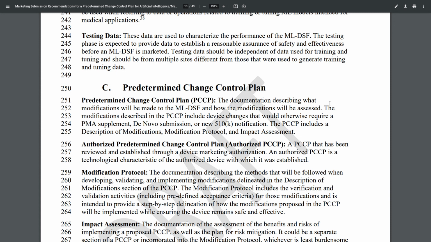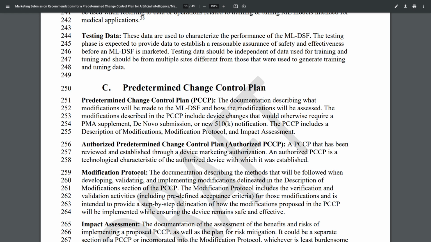The PCCP includes a description of modifications, modification protocol, and impact assessment. Authorized Predetermined Change Control Plan, or Authorized PCCP: a PCCP that has been reviewed and established through a device marketing authorization. An authorized PCCP is a technological characteristic of the authorized device with which it was established.